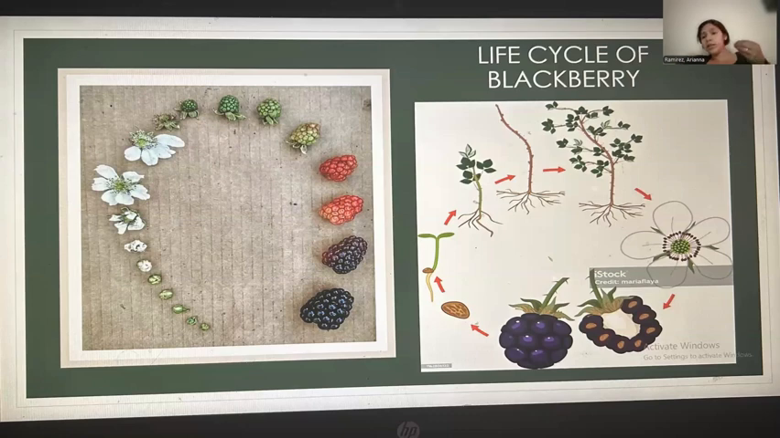And then once it gets pollinated, yes, from the bees, correct. From the bees and other bugs, it starts forming the petals on the